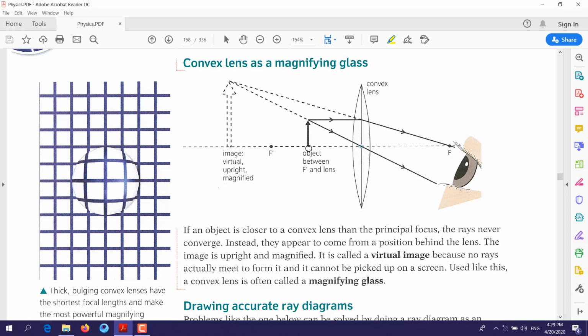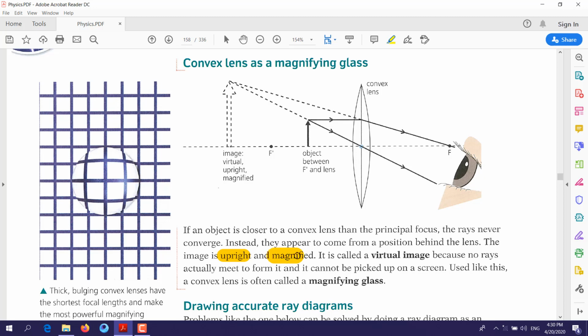But as you can see here, what do we have? Here we have the object, and the rays are passing through the lens and they are refracting or bending. But if you notice what is happening here, these rays are not meeting with each other. So what does that mean? Instead, they appear to come from a position behind the lens. The image that will be formed is upright